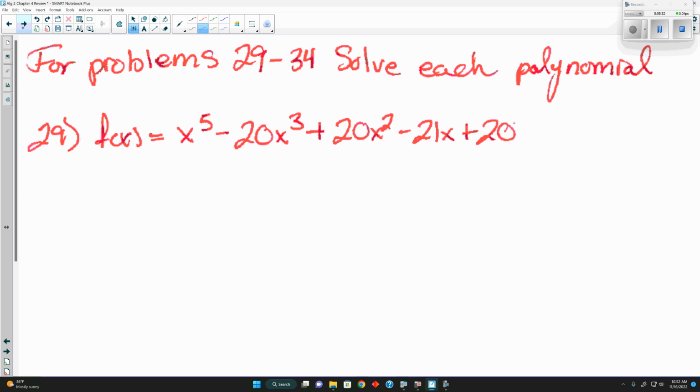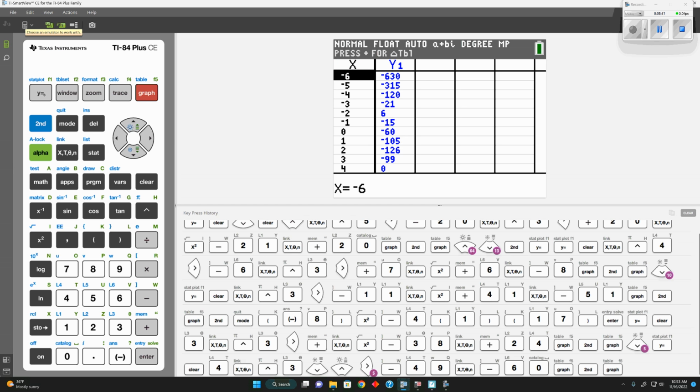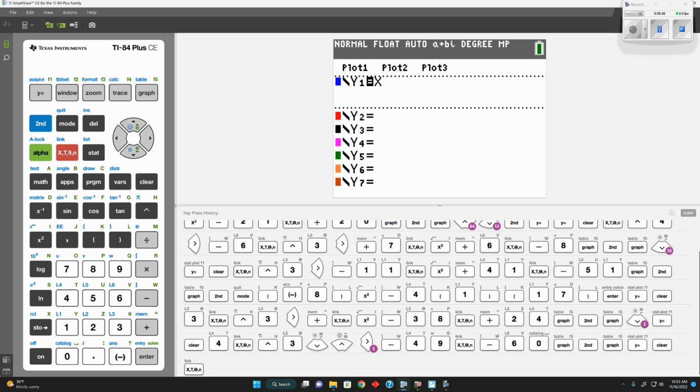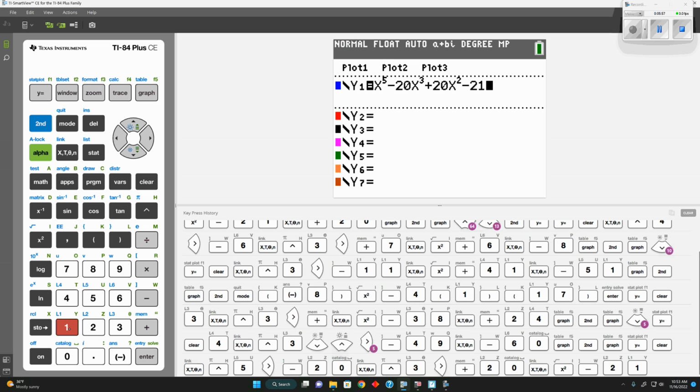Let's look at the next set. The next and last set of problems is solving. And anytime we're solving these here, the first thing we'll do is graph. So we can grab the graphing calculator and hit y equals, and we can type the function in. So we'll say x to the fifth minus 20x to the third plus 20x squared minus 21x plus